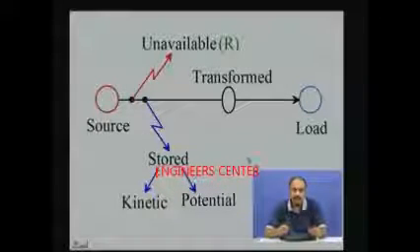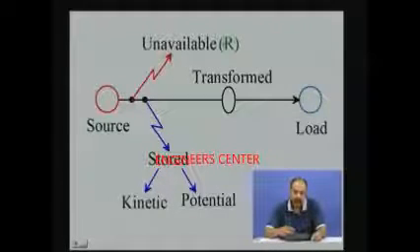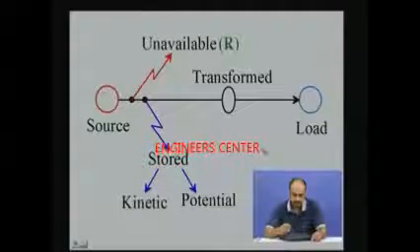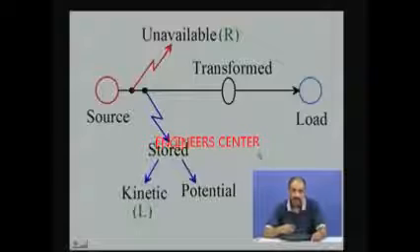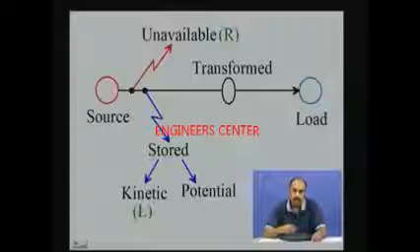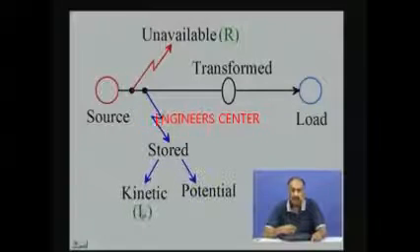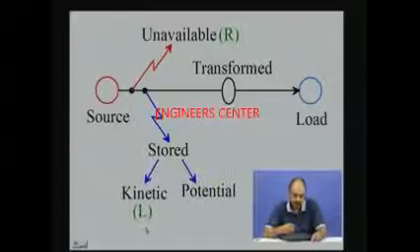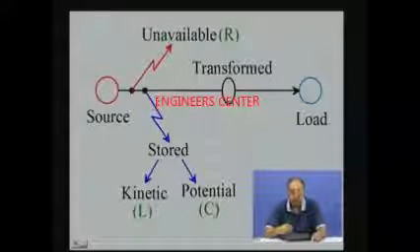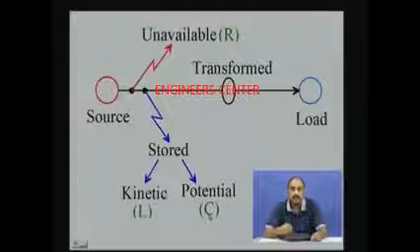The energy gets lost as heat most of the time in a component called a resistor, which is denoted by the letter R here. The energy gets stored in the kinetic form in a component called an inductor, which has an inductance value as indicated by the letter symbol L here, and it can get stored in the potential form in a component called the capacitor, denoted by the letter symbol C here.